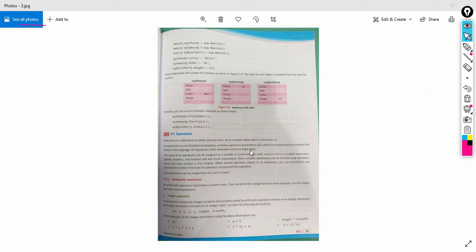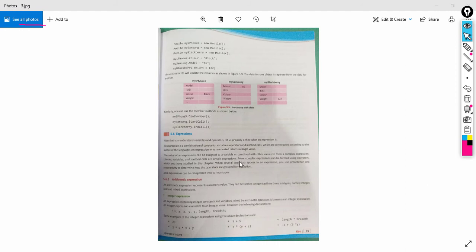See students, first we can see arithmetic expressions. From the name you can understand what arithmetic expressions are. An arithmetic expression contains arithmetic operators with variables.